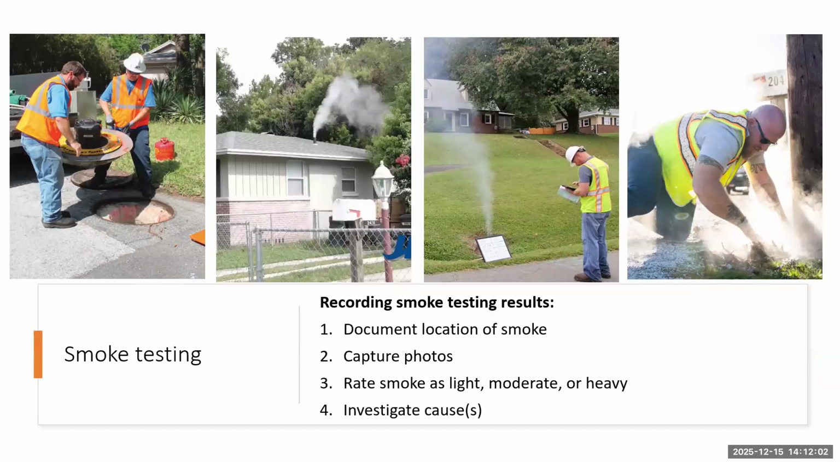But picture number 3 has some smoke coming out of a lawn drain. That's not supposed to be coming out there. So you notice the operator is documenting that smoke. You can categorize that smoke as light, moderate, or heavy. I would say that is probably somewhere between light and moderate, but the more smoke, the bigger the